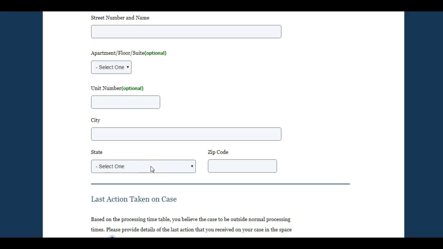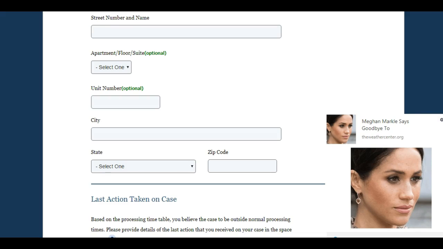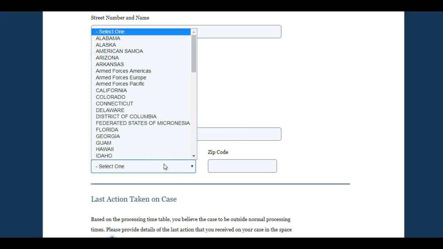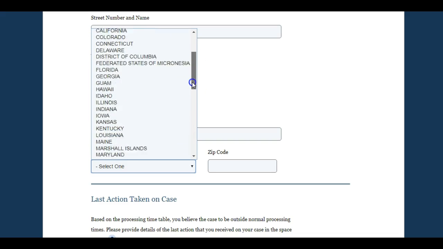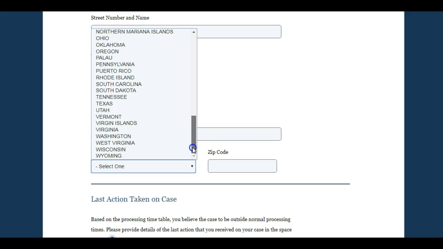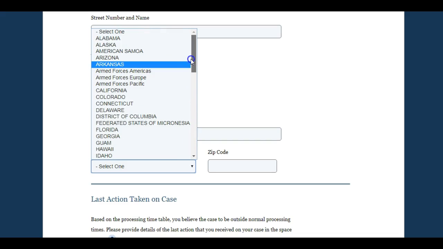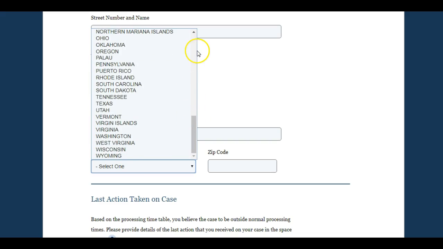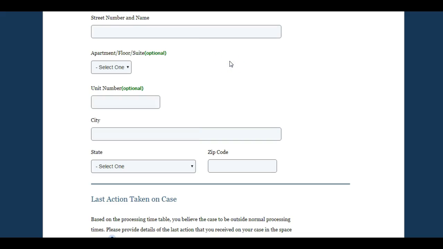And it's important that you write down the US address. Oops, these pop-ups, oh my god, I hate them. Okay, so sorry about that. All the states that they give us are US states, so that's why if you live in a different country and you are filling out this inquiry, you won't have an option to pick. So that's why this address has to be a US address. And then the zip code goes here,